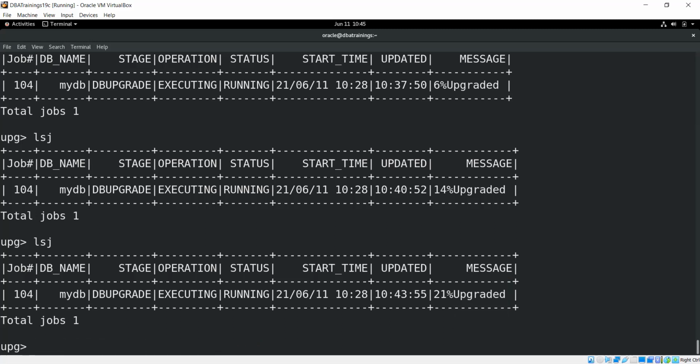If you are doing a multi-database upgrade, then you need to perform those as well.